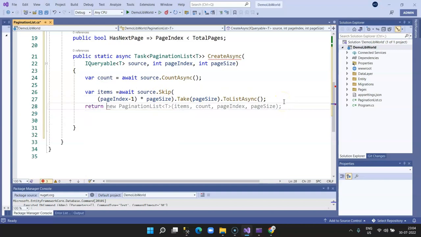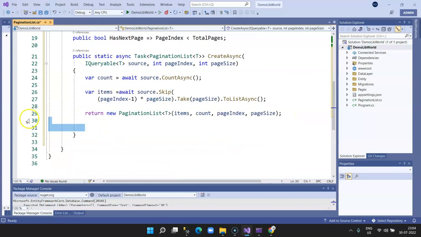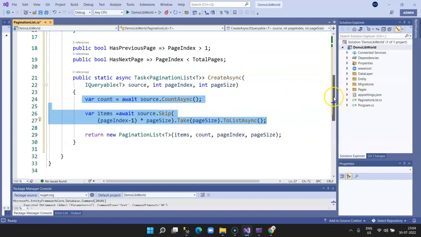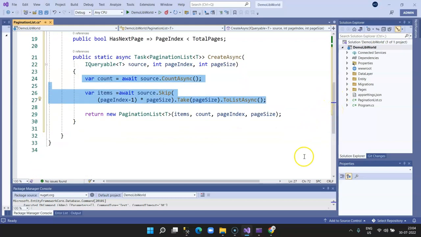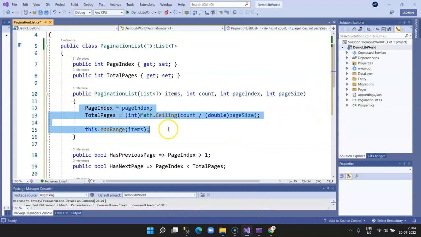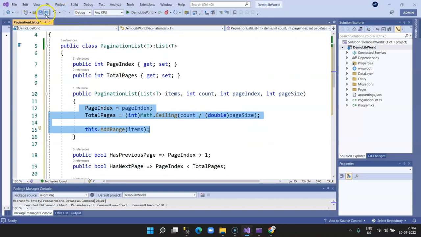Then we say return new pagination and we call our main method. So you need to call this method. This method will do this calculation of fetching the records basis the skip and take, and then it will actually call the main constructor and return you the record set. So this is the class which actually will be implemented